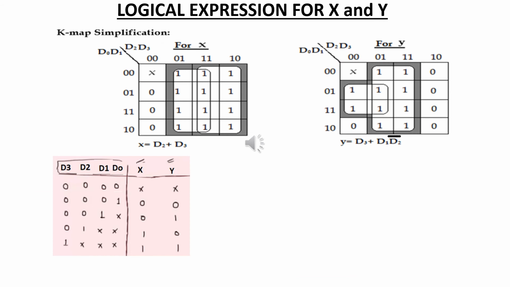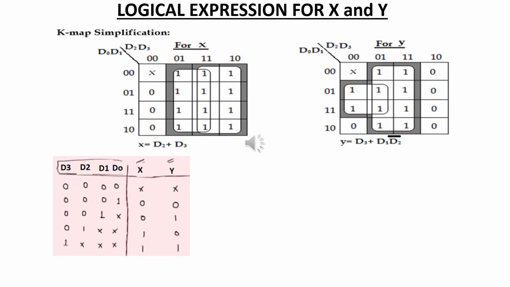Here we are going to discuss the logical expressions for X and Y. By using the K-map method, we can derive the expressions for the variables X and Y. Consider the truth table from our previous slide. In the truth table, the inputs are marked as D0, D1, D2 and D3, and X and Y represent the outputs of our priority encoder. By using a 4-variable K-map, we can derive the expressions for X and Y. D0, D1, D2, D3 are marked in the K-map structure as shown in the diagram. First we will look into the expression for the variable X.